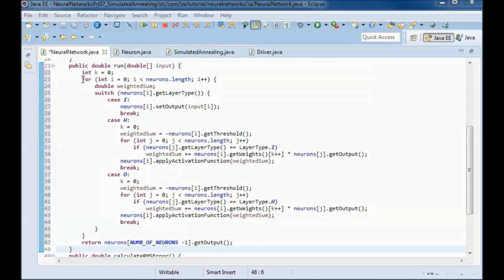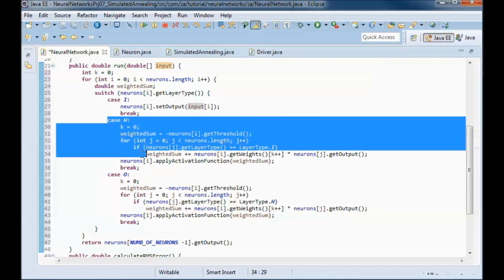So we go through all the neurons, and we check if it is an input, a hidden, or an output neuron. If it is an input neuron, then we set the output for that input neuron to be what's coming in as input from the training data.